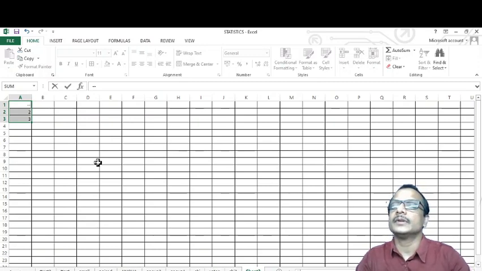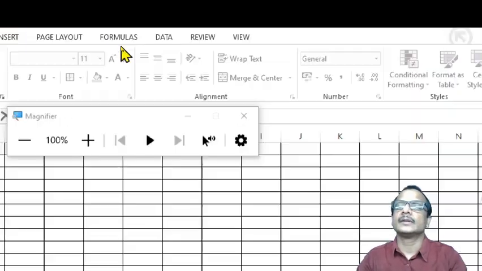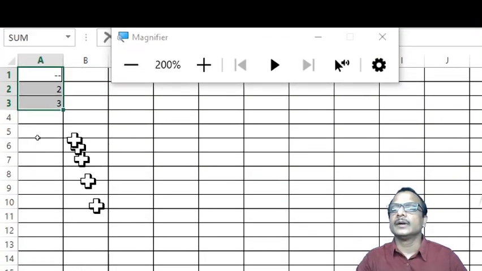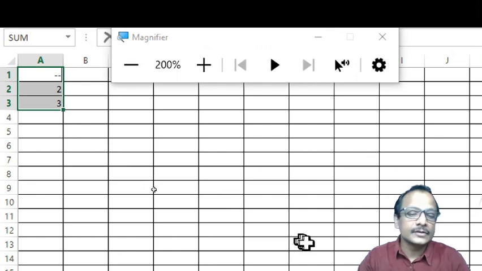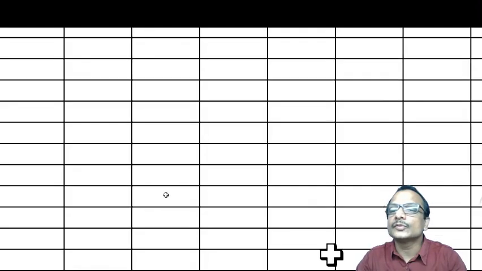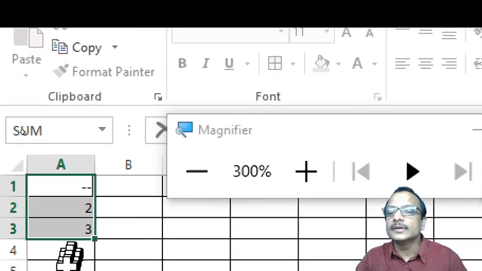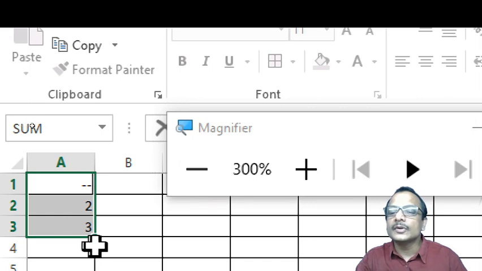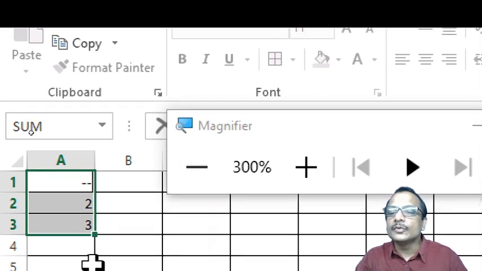There is an option. I would like to demonstrate that. Yeah, here, there is a small green square. If I move my cursor to that green square, its shape again changes into a black plus mark.